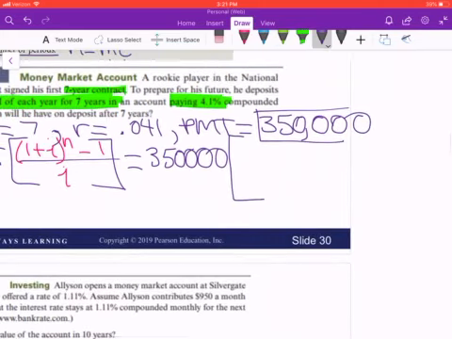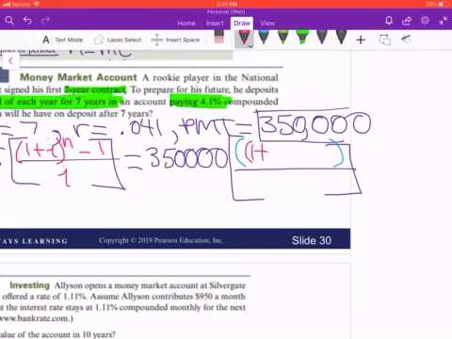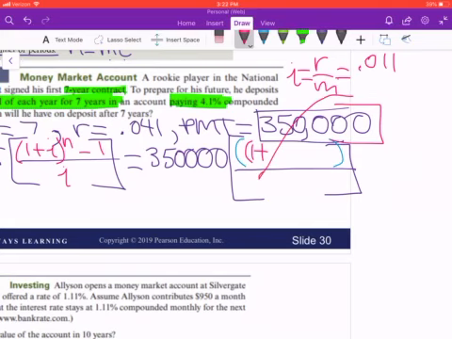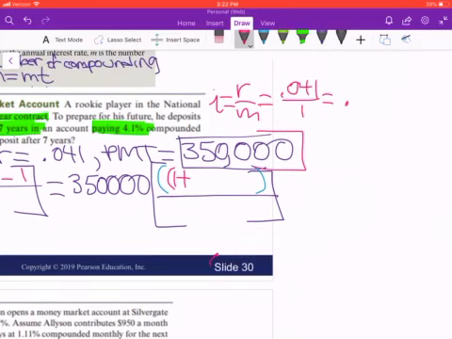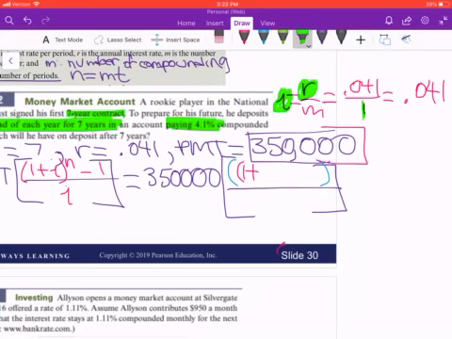Then we're going to have our brackets here. And we're going to have to use an extra parentheses when we enter this on our calculator. So for the 1 plus, here it's important to mention that I is equal to R over M. So in this case, it will be R, 0.041, divided by 1. So whenever the number of compounding periods is 1, then the R and I are equal to each other because we're just dividing by 1. So in this case, we will use 0.041. We have to close that parentheses and then the exponent, which will be n,